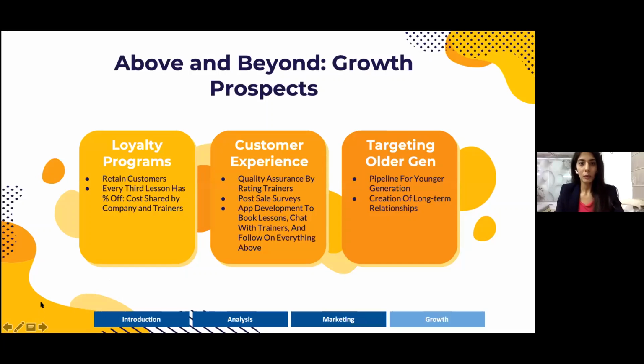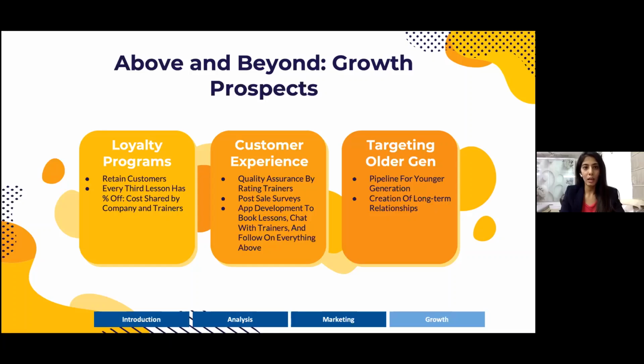Due to budget constraints, we couldn't focus a lot on multi-dimensional growth plans, but here's something that KALAHUT can employ going above and beyond. After we've exhausted our budget on customer acquisition, the next step is customer retention. We know from previous analysis that the company can make a profit only when it has returning customers. So to ensure that, a loyalty program that gives a certain % off on every third or fifth lesson will incentivize retention of customers. The cost can be borne by participating trainers and KALAHUT in partnership to ensure a win-win